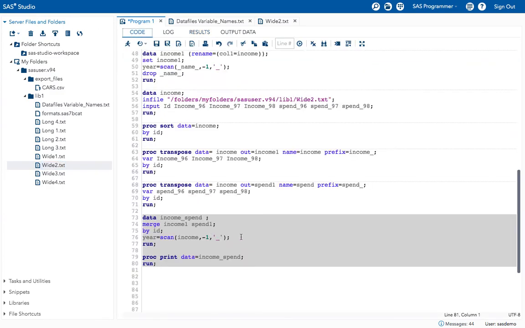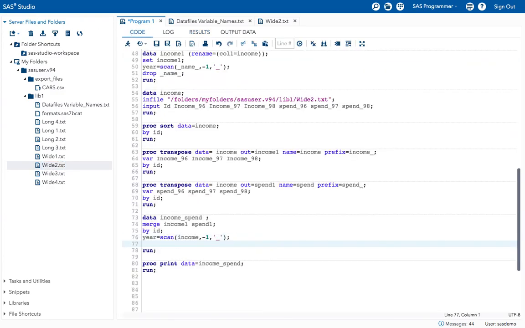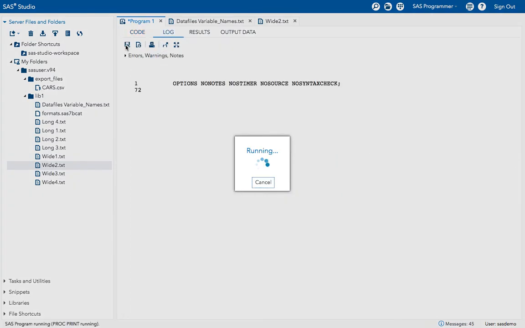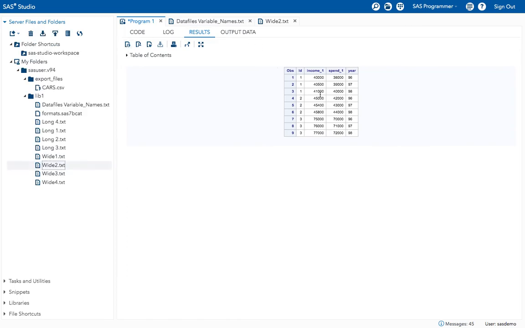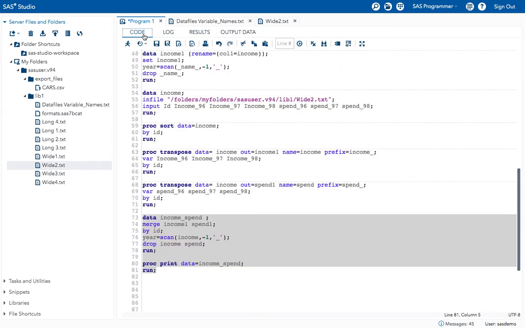So now I will drop income and spend variables from this data set. If I execute this program, I got the variables that I wanted. If you want to change these variable names, you can change them from income underscore 1 to income and spend underscore 1 to spend. You know how to do that, right? By giving the rename option.